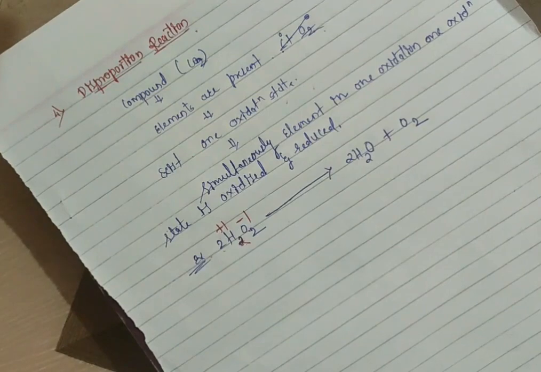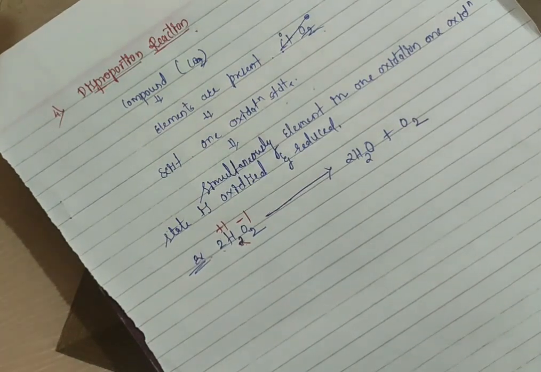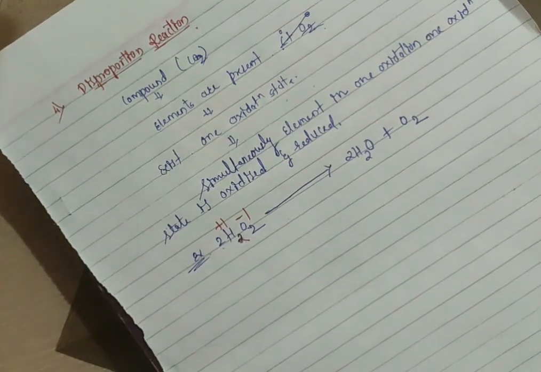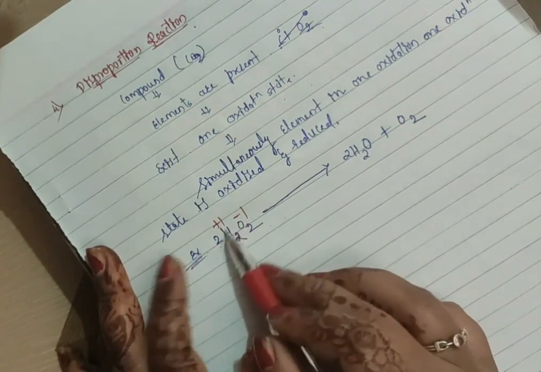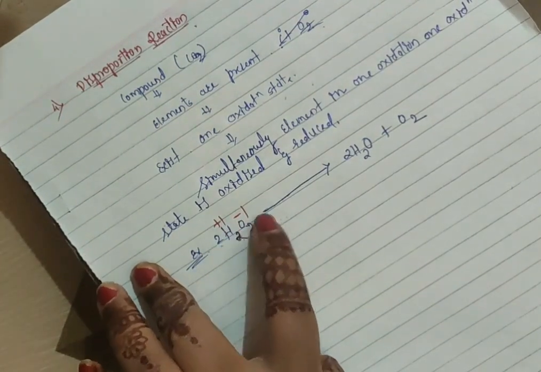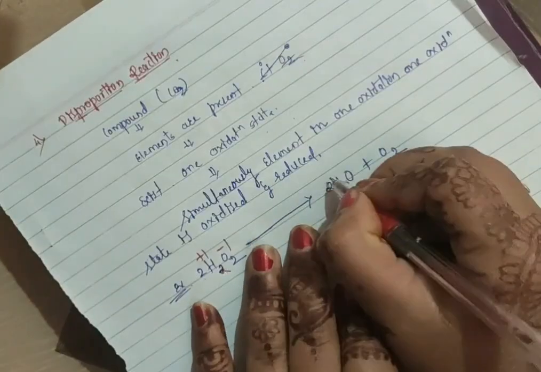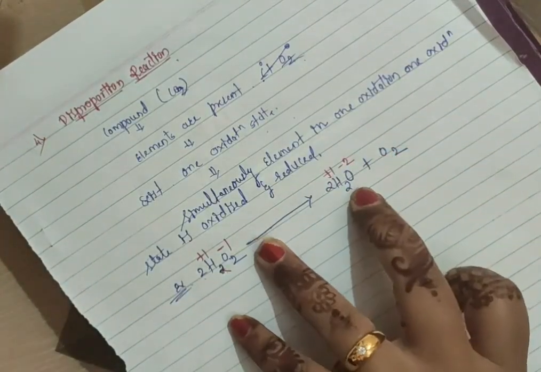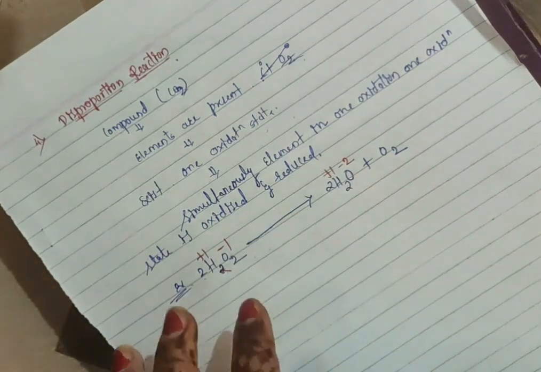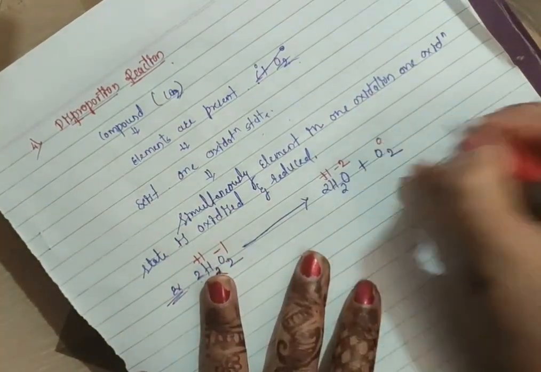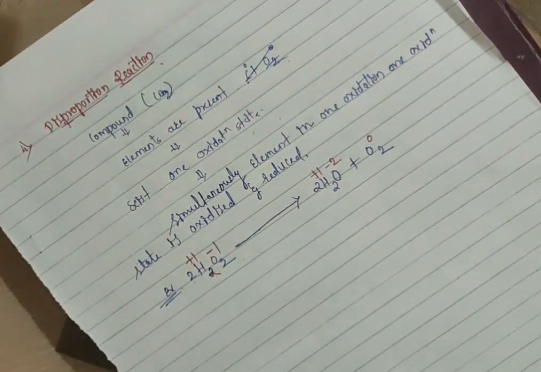When I was teaching oxidation number, I already told the rules. Every time oxygen has a -2 oxidation state, but the exception is that it has a -1 charge when it is present in hydrogen peroxide. So hydrogen has +1 and this oxygen has -1. Here we again have +1, and this oxygen is -2 because it is water. In all compounds oxygen has a -2 charge, except in peroxide, where it has -1. Here we have 0. Now we can say that in hydrogen peroxide, oxygen is simultaneously oxidized and reduced.